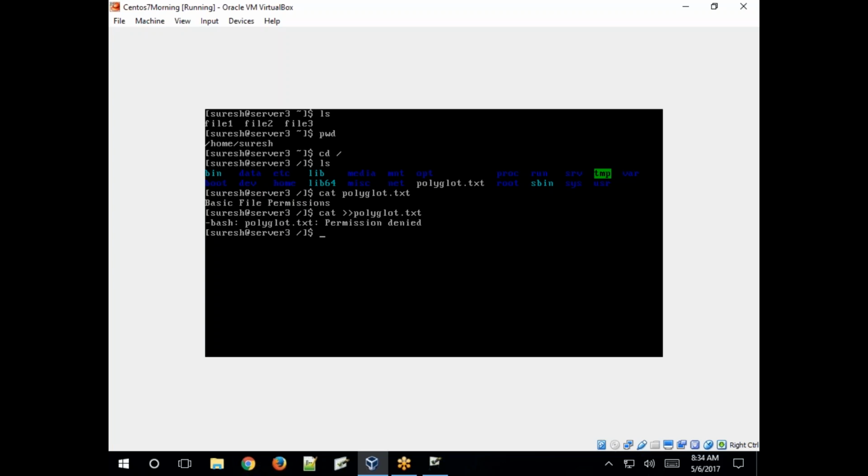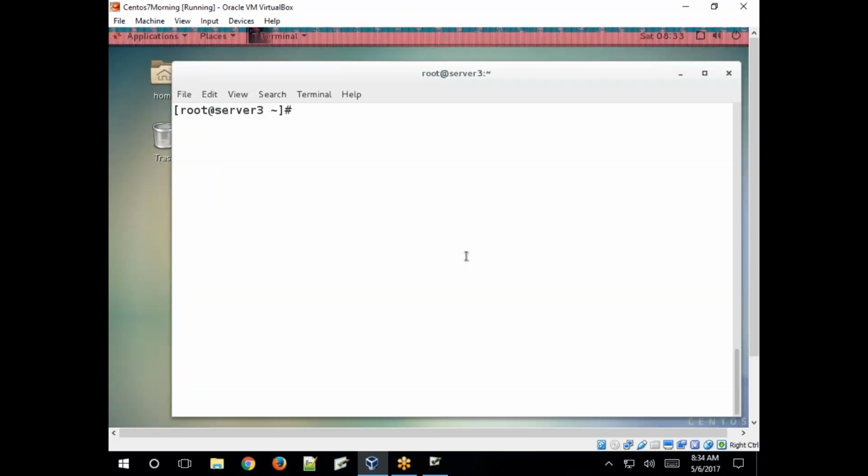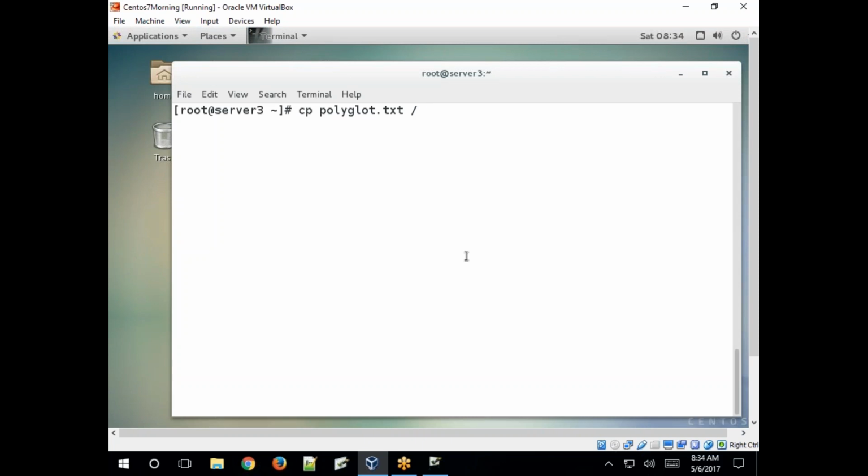So if you set write permissions on group or others, then the users belonging to the group can write data into that file. They can append or directly edit using an editor. Okay, so now set the write permission for others. How to set? chmod, for user 6, already having 6 permissions, and for group 6 and others 4.